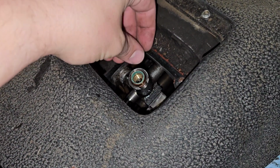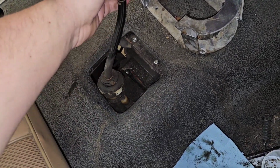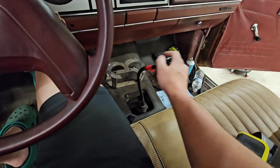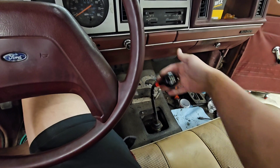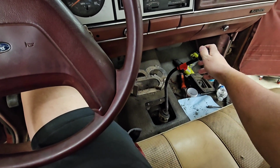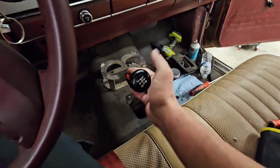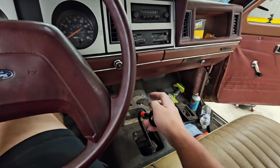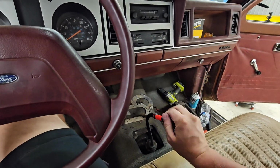So the welder tip goes in there, fits surprisingly well, and then this should drop into there. I did have to cut up the bushing a little bit, and the precision has not returned, but the functionality has. It's 1, 2, 3, 4. There's the problem. That shouldn't be there. So I elected to give up and leave the reverse spring on the floor over there. So we have a completely unprecise first, second, third, fourth,